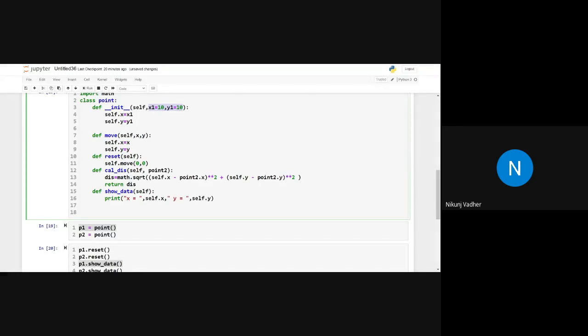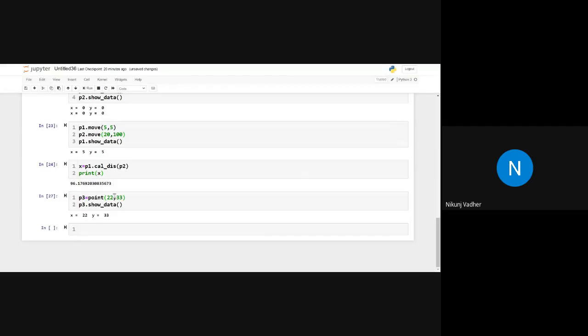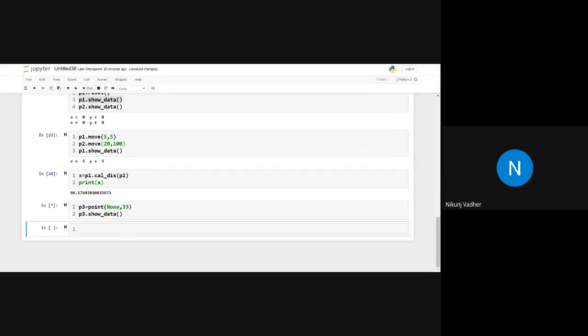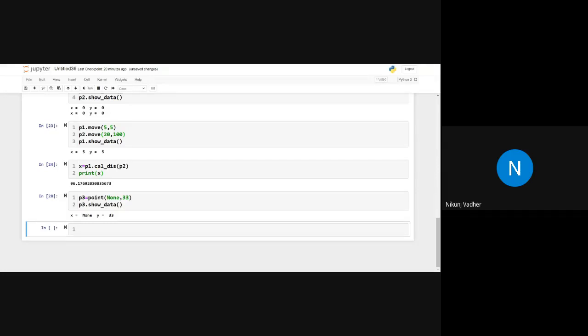Let's see what happens if we write None. If we write None, then None will be passed and assigned. So this is how it can be implemented.